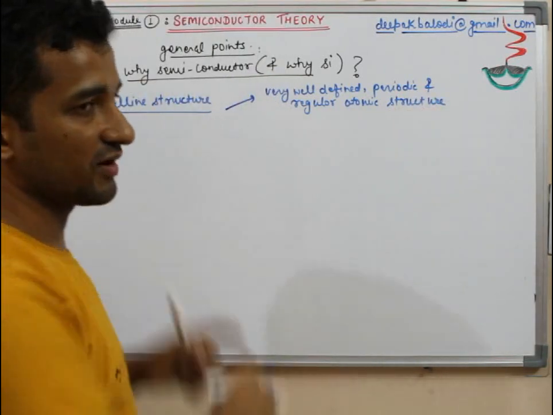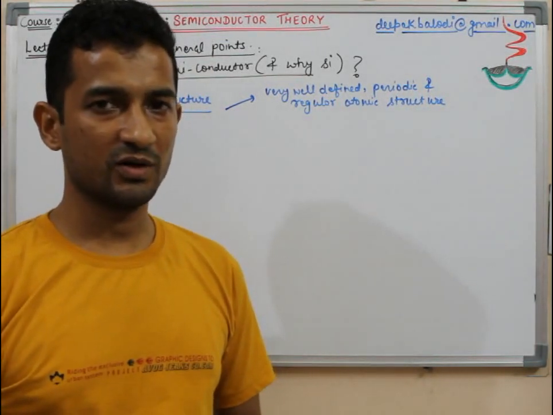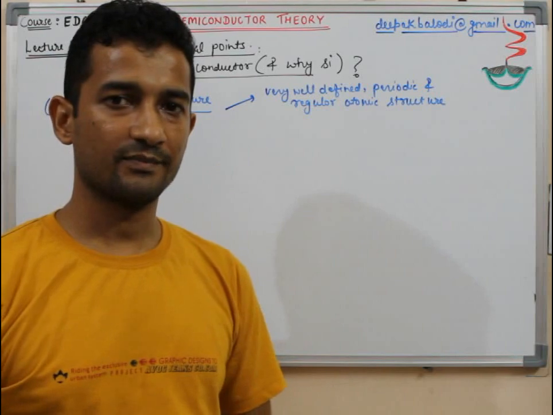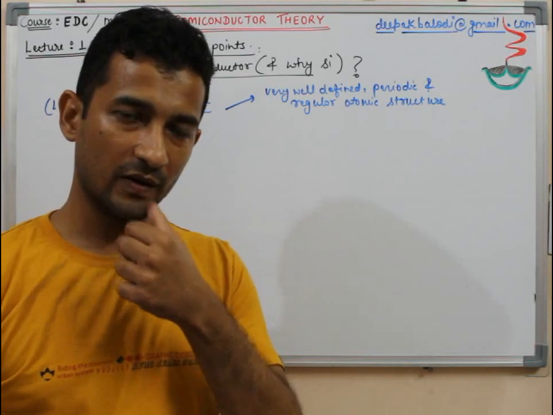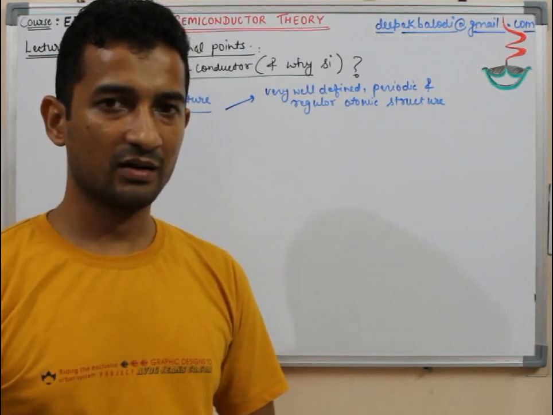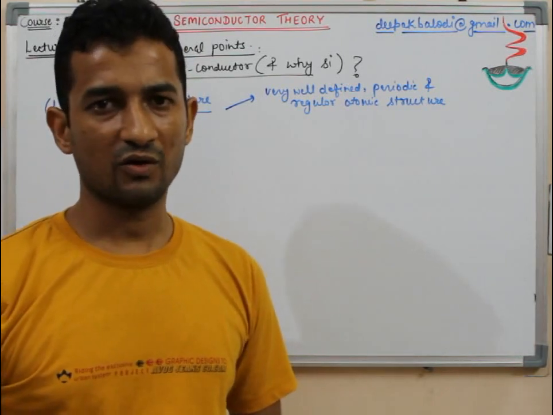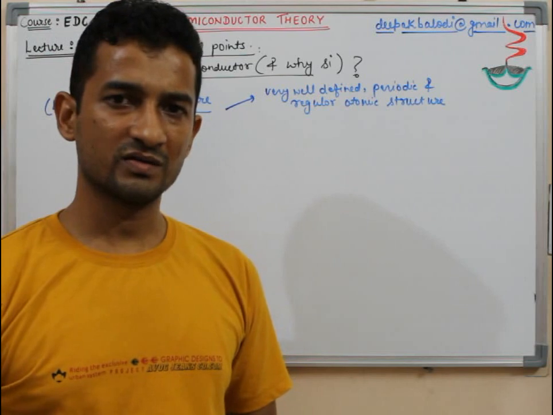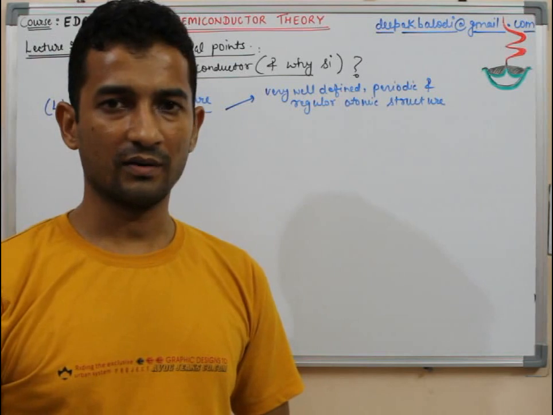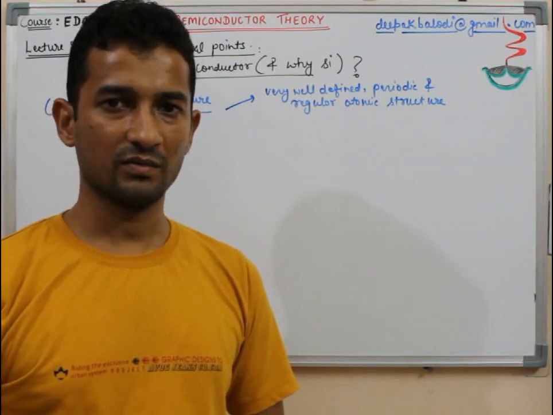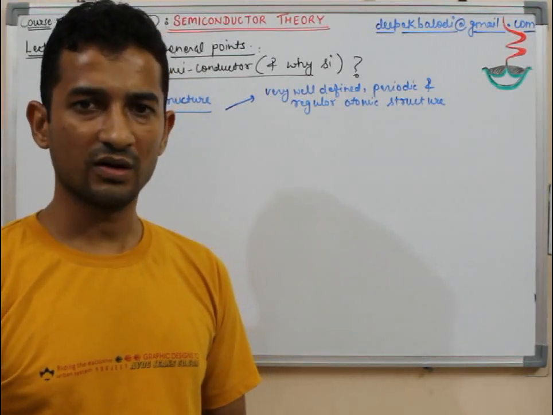So to appreciate this point, one needs to go for the detailed crystal theory, but that is not possible here. The scope is not that much, as I have told you in the very initial video, that this whole course is focusing on the GATE pattern, and the questions from crystalline theory or crystal theory are not very common in this GATE paper. Also the crystal theory in itself is a rigorous theory. If somebody wishes to go for that, he or she can go for some modern physics or some chemistry literature to understand that. But only some very brief understanding of crystal theory is required here.